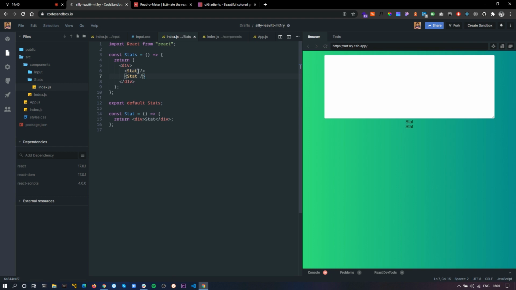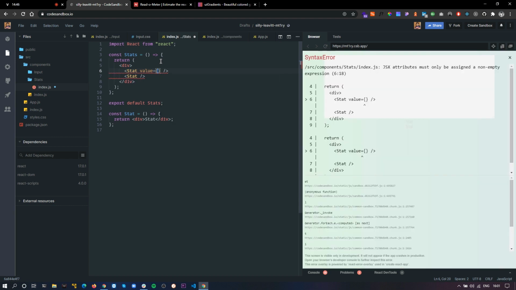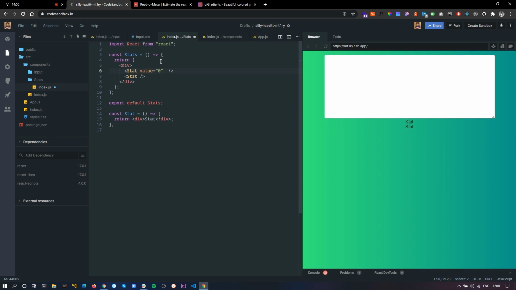Now I'll also pass some props that we have to display. The first one will be value. For right now, let's pass some static values, and the next one will be text. It's reading time, and this will be words 0.